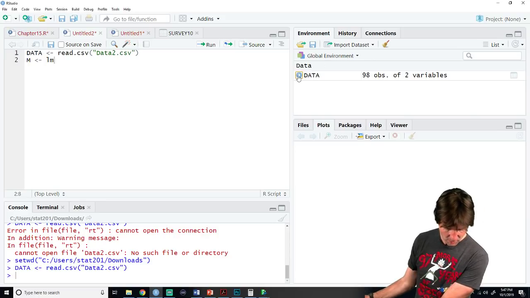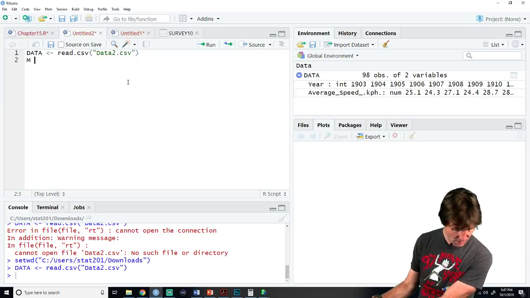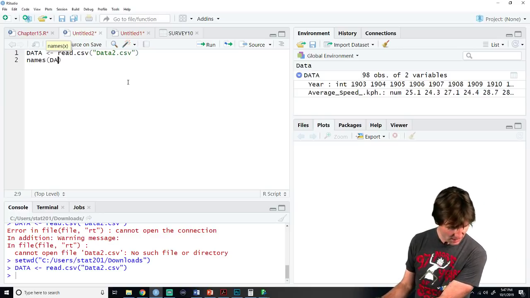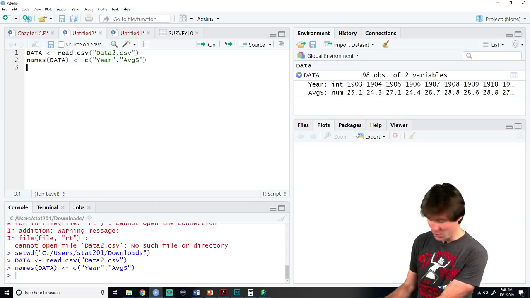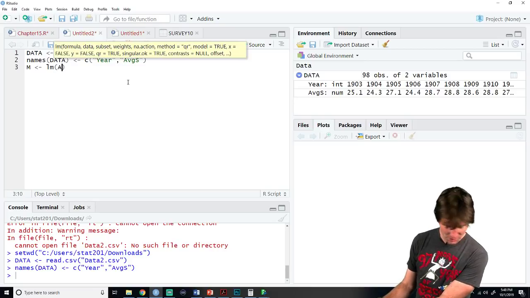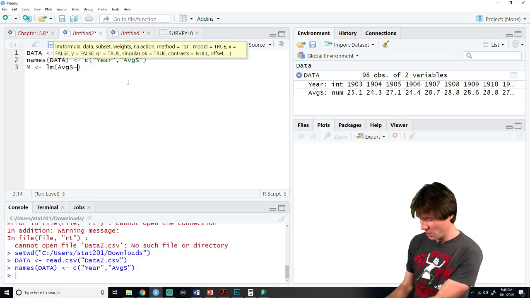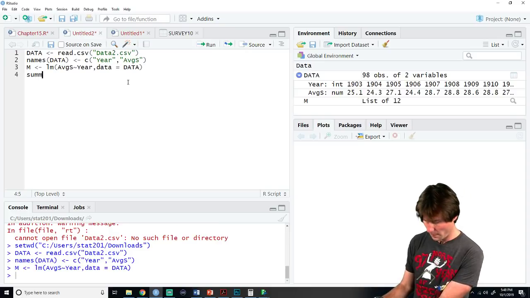And what's the name of our variables? Oh my gosh, it's got crazy names. Names, data. Let's store into these names. Let's call them different names. Let's call it year, and let's call it average speed. So this right here, you will not need to do any of this on your test. We're just having fun to end because data is amazing, and it's easier, I think, in my mind, with programs like this. So we are going to make a linear regression right here.